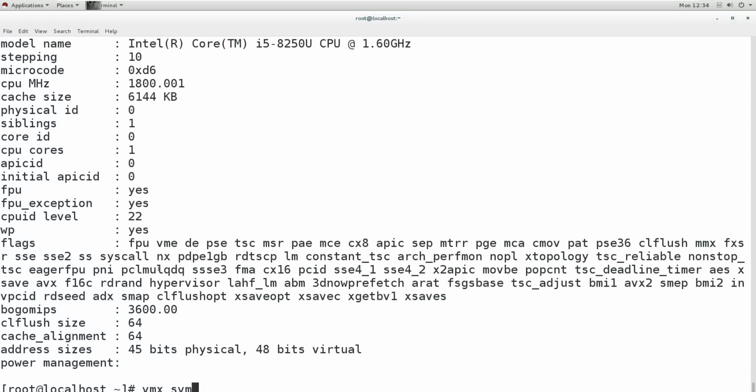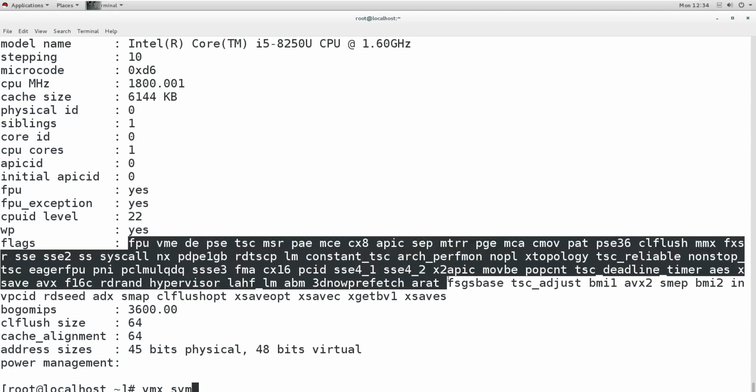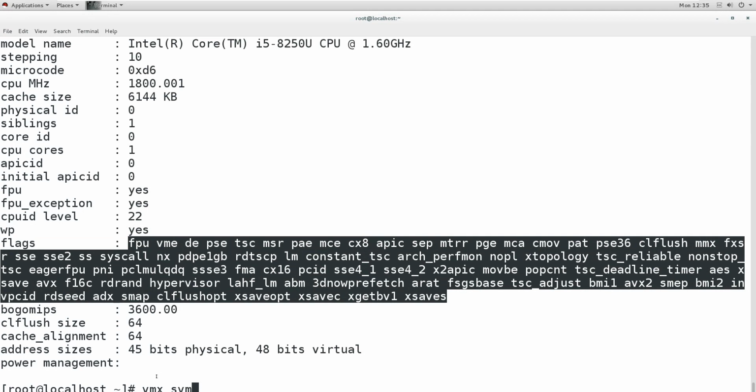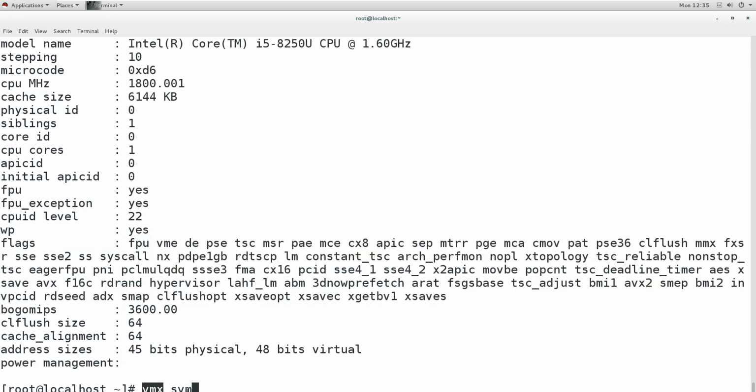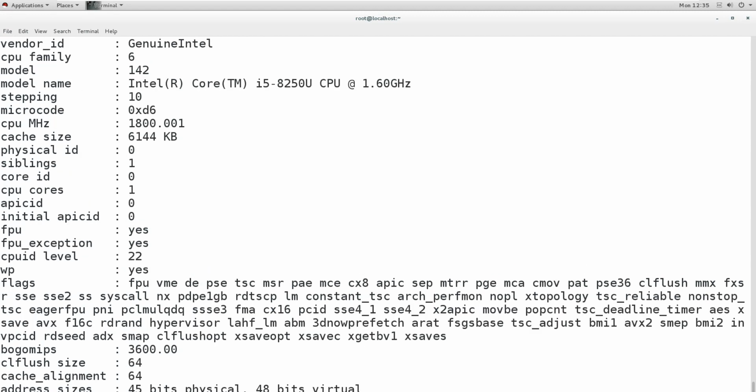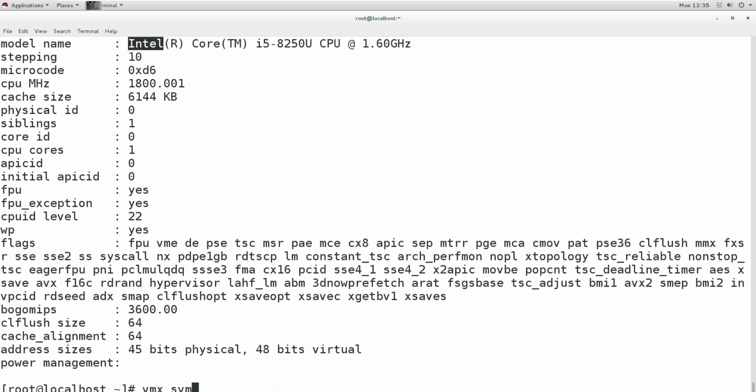So these two flags are there. Now we need to look whether any of these flags are there, either the Intel flag or the AMD flag for virtualization. So we need to check whether it is supporting these two flags, either Intel VT or AMD-V. In this case, my processor is Intel, so it must support this one to create virtual machines or to use it for virtualization. Otherwise I will not be able to do this. I will not be able to create the virtualization.